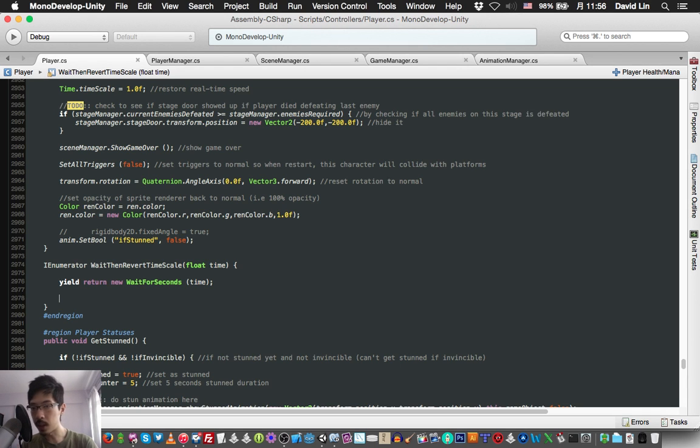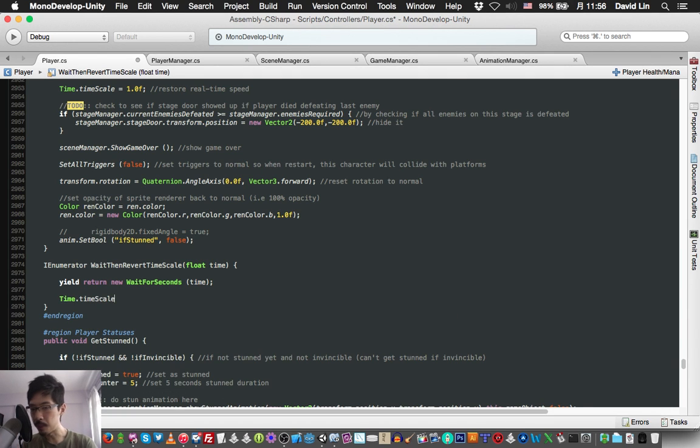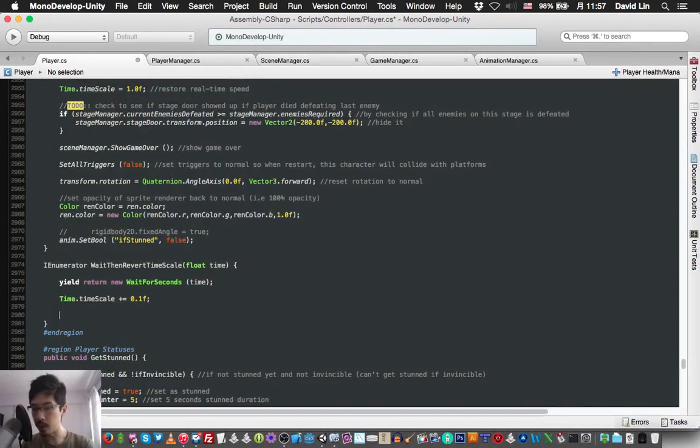Okay, so timescale plus equals 0.1. And here we will check to see if we still need it to call itself. So if